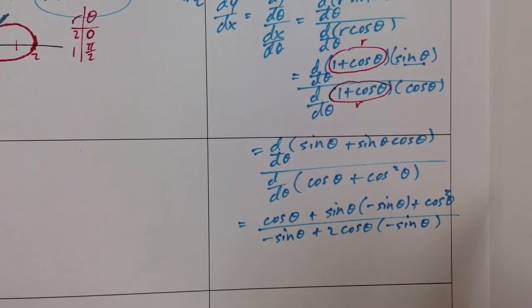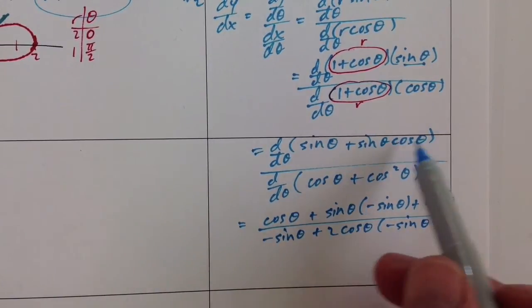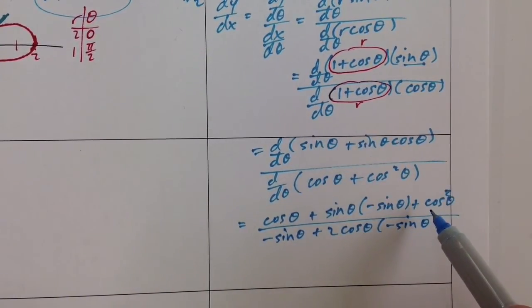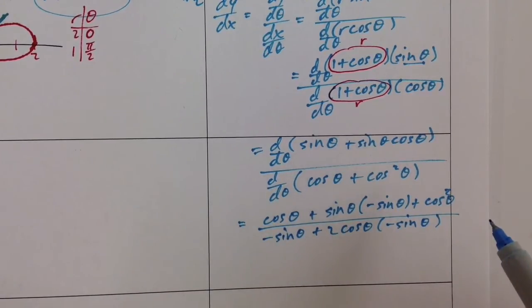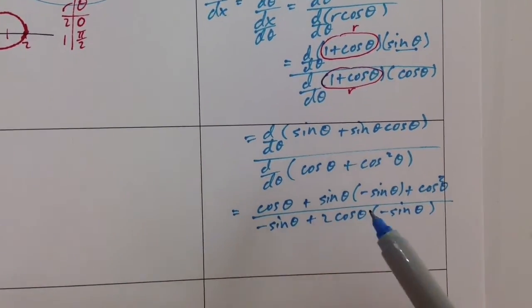So number one, it's important that you can do the product rule quickly, and that you can also remember what the derivatives of the sine and cosine are. So that is